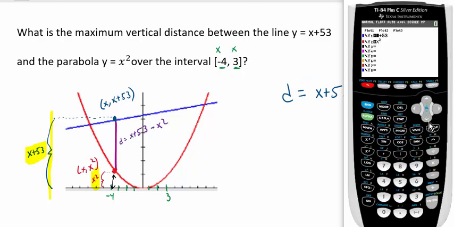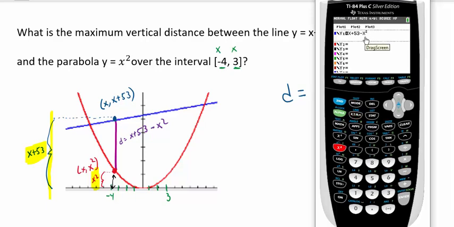I'm going to go to y equals and clear the old equations and replace it with x plus 53 subtract x squared. And when I graph this, I'm going to get another parabola, but it'll be different than the one we had graphed before. In fact, when I press graph, you will see you're now getting a parabola that opens down. It has a maximum right there just to the right of the y-axis, and I'm going to use the full accuracy of my calculator to find that maximum by pressing second, trace, scrolling down to the maximum feature, number 4, pressing enter,